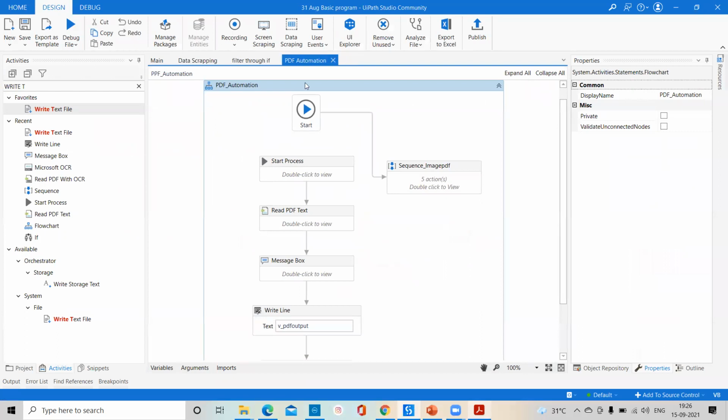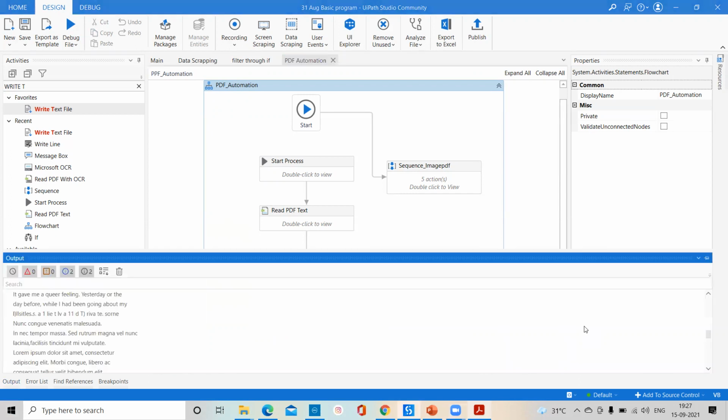Now we have to check Write Line, meaning the output panel. Let me go to the output panel and show you the output for the text and image PDF.